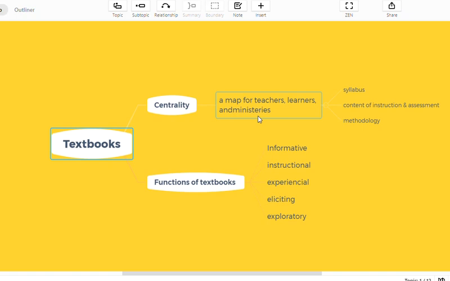But it doesn't mean that the textbooks are of high quality. The textbooks that are used by these groups of policymakers, teachers, and learners are usually of low quality. Any textbooks, national textbooks, teacher-made textbooks, and also commercial textbooks or other textbooks developed by other groups.